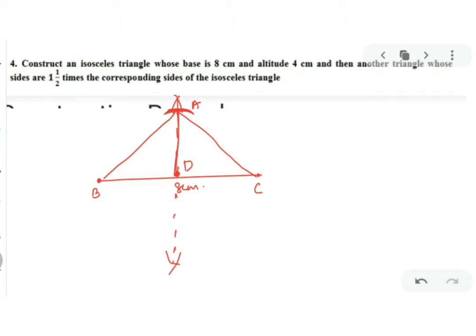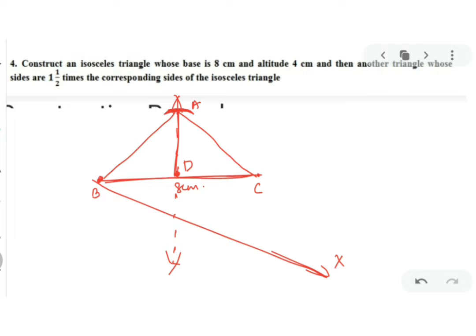Got my point clear? Now, as usual with your BC, you have to make an acute angle. If you have seen my previous video, you will know that we always make an acute angle line or a ray with the base. Okay. Once you got that, you can name it as BX. Okay. Then you have to make,